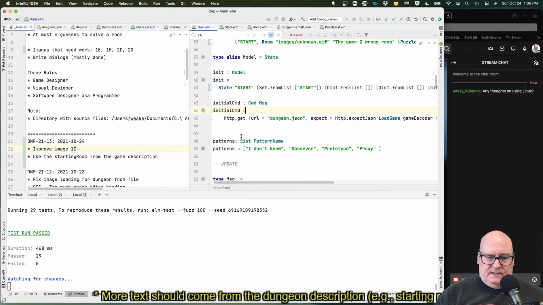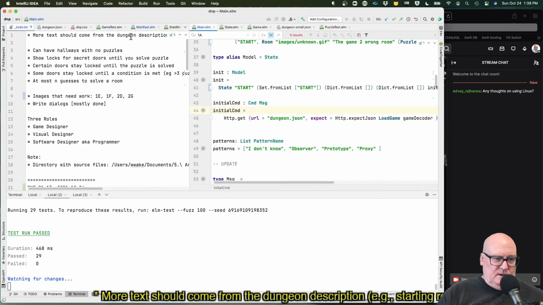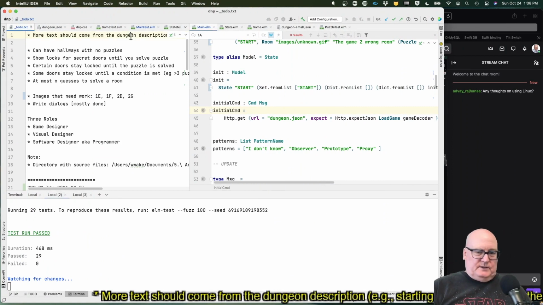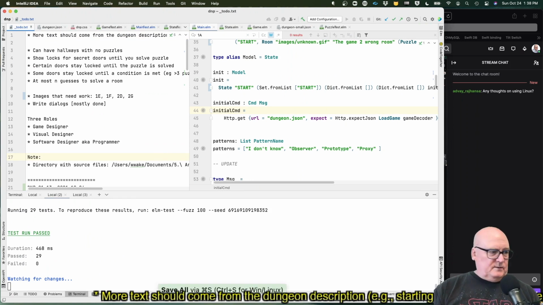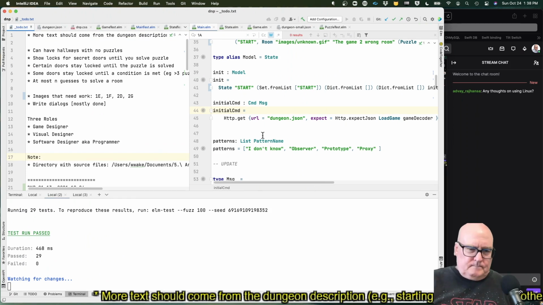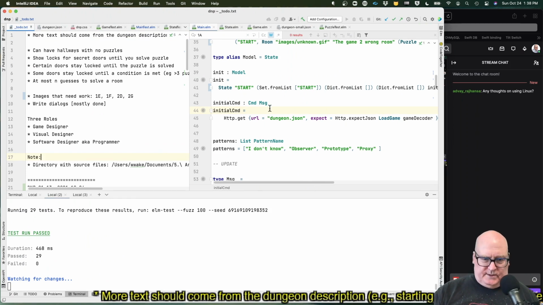Okay. Now, more text from the dungeon description. Okay, did I start things? Yes. Okay, so we got that. All right, so the other text is we got those headers.